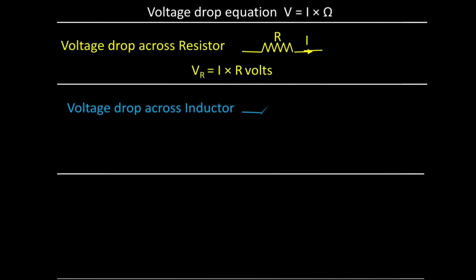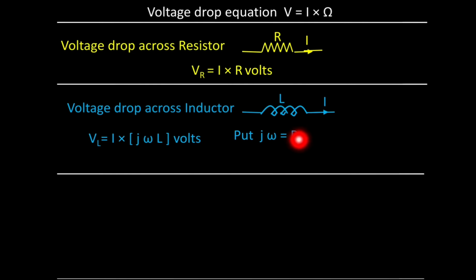But if an inductor is given and the value of that inductor is given in L, that is in Henry, then we have to convert this L, that is the Henry value, into the ohmic value. For that we multiply it with j omega. If we multiply L with j omega, then it becomes Ohm, that is XL. And that's why instead of writing j omega, we use one mathematical operator, that is P. So instead of j omega we write P, and hence the voltage drop across the inductor can be written as I into LP. So what is LP? LP is the ohmic value of this inductor L.